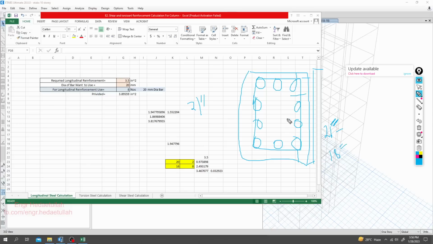So we have 3 gaps, and if we divide that value by the number of gaps, then it will be less than 6 inch. So it's okay, same as from that side. This side is also okay, because here 15 inch,